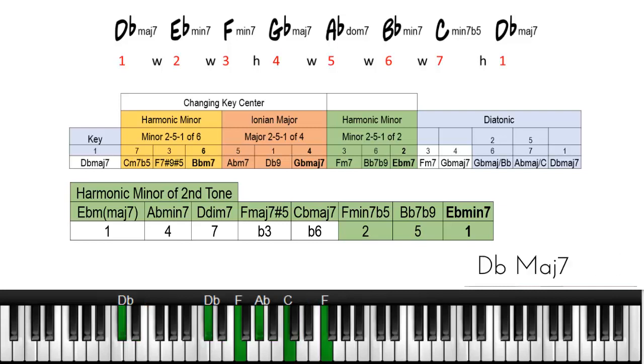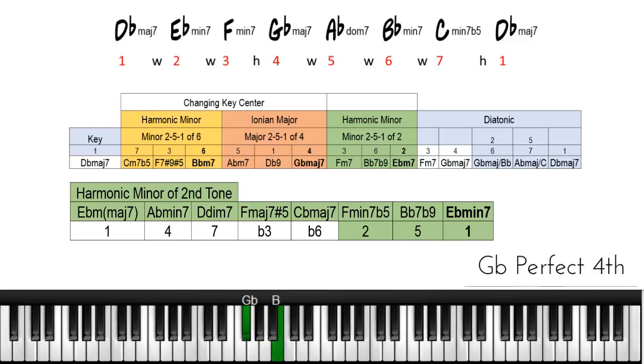So we would go from D flat minor to a C 7, 3, 6, or 7, and then A flat minor, and then